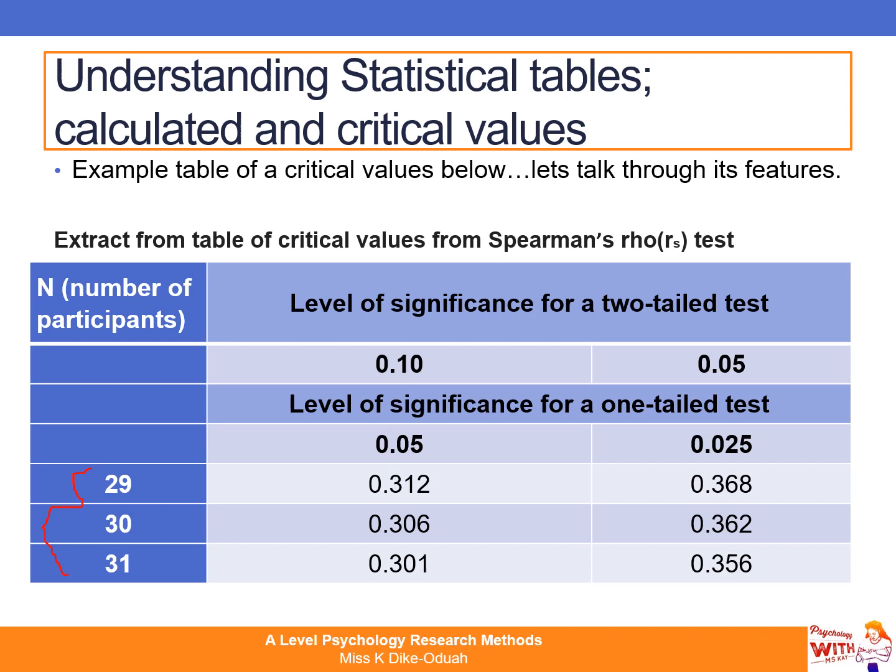And then this is where some students find it tricky, but you guys will not find it tricky. You're going to know it, you're going to understand it. So it says level of significance for a two-tailed test and level of significance for a one-tailed test. Now remember, in psychology, generally speaking, we use the